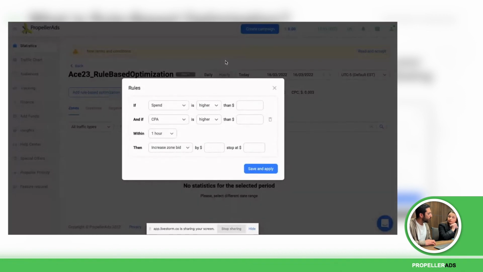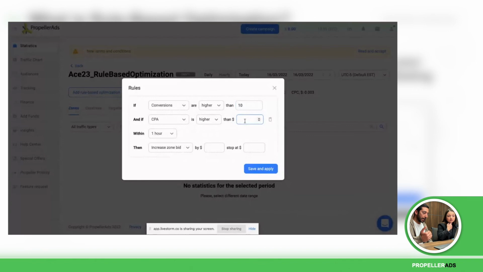Shall we make the example that we have in mind? Yes, sure. Here are the parameters, guys: spend, conversions. Let's work with conversions. So if conversions are higher than 10. Let's guess 10 is enough for one zone, pretty easy flow. Yes, let's say 10. Can you write it? I can. Thank you. And if the CPA, we said that the optimal is 1.10,